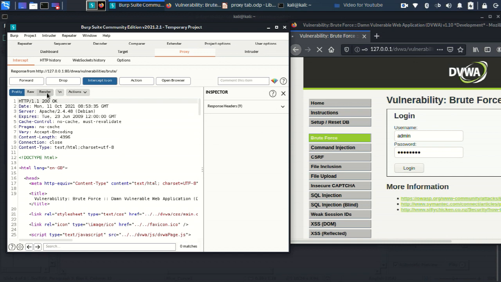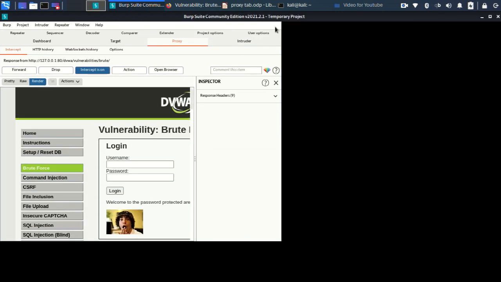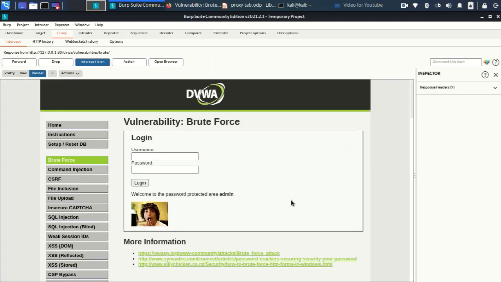Just wait a moment. This is the response. Maximize it. This is the response we'll get after we click the login button. See, vulnerability brute force, welcome to the password protected area. So this will be the response when you click the login button. Now what I told you, we can even modify the request and see the response.